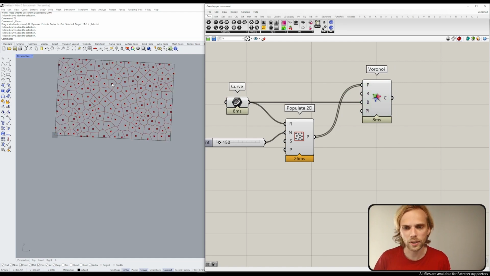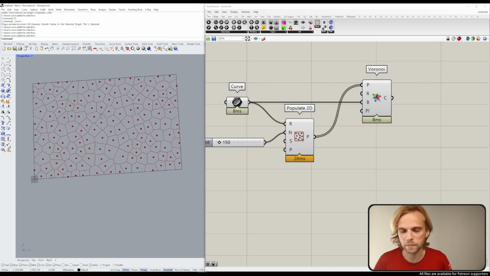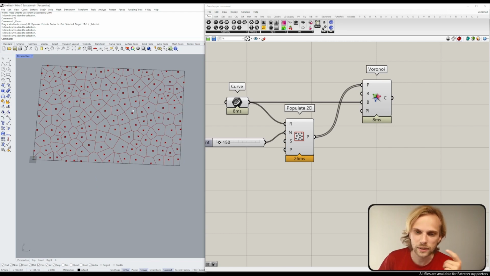From here on out, I want to start messing about with these cells, or maybe we should first